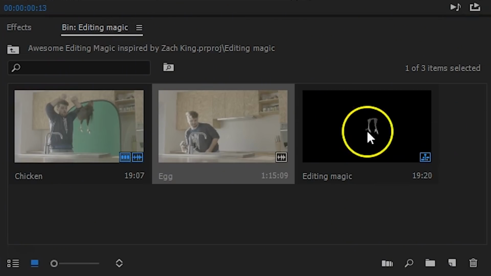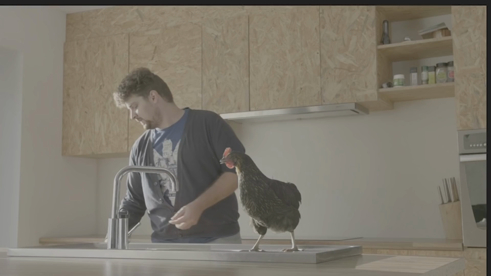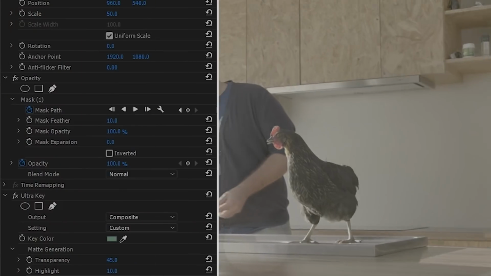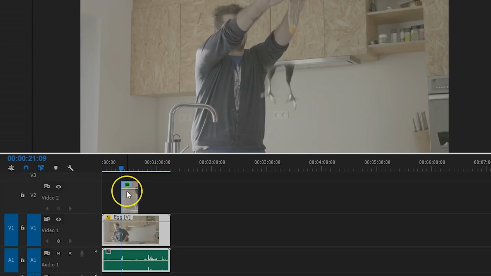When that is done, I select the first shot where Janik is cracking the egg open and move that below the chicken clip. If everything went well, you should already see that the two clips are blending together. If you would still see your mask, perhaps increase its feather to remove the edge. Then align the two clips so that the chicken will appear just as the egg is falling.